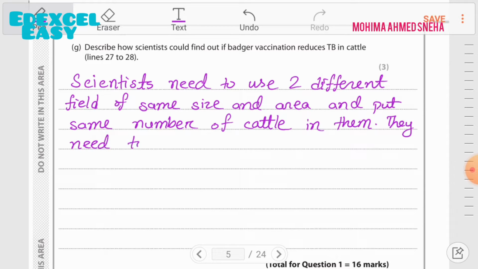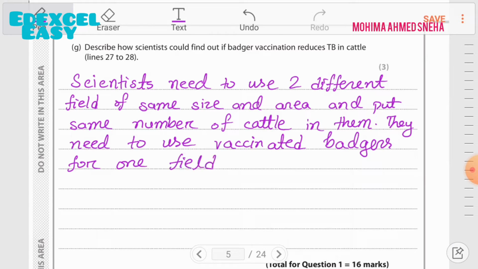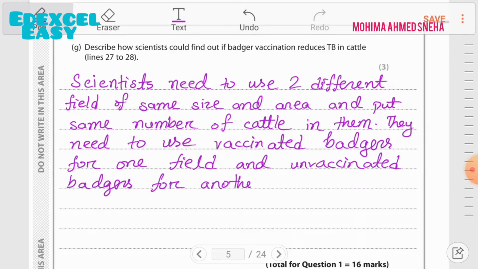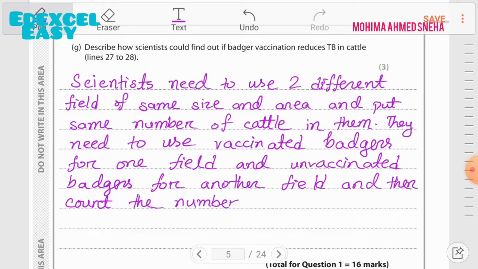They need to use vaccinated badgers for one field and unvaccinated for another field. And then count the number of cattle